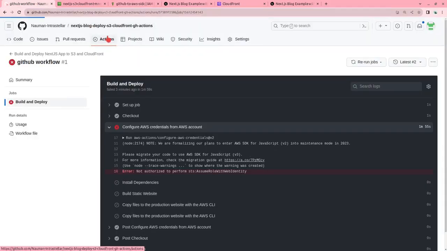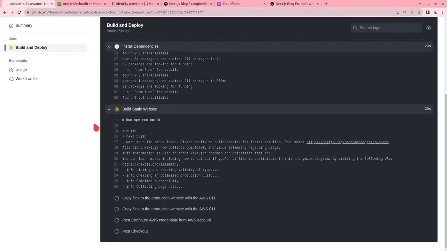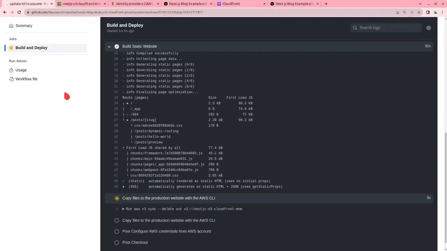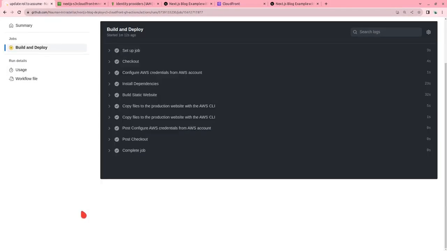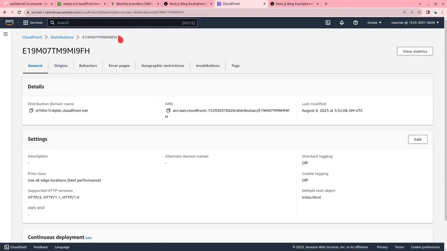Now let us go to Actions and rerun. Set up the job, check out, configure AWS credentials from AWS account, install dependencies. Now it is building a static website. Let us see. Now it is copying files to S3 and invalidating, and the job has been completed. Yes, successfully completed. Now let us go to our CloudFront distribution and